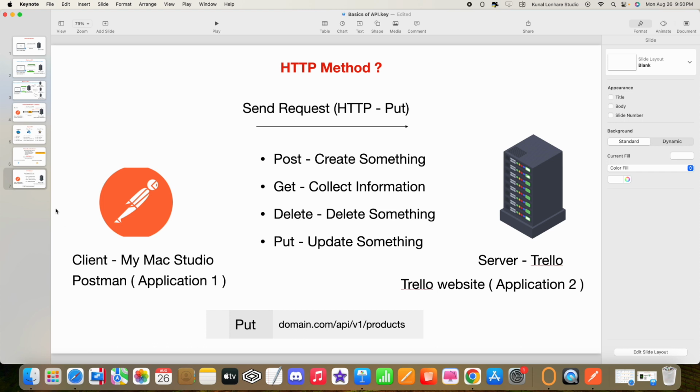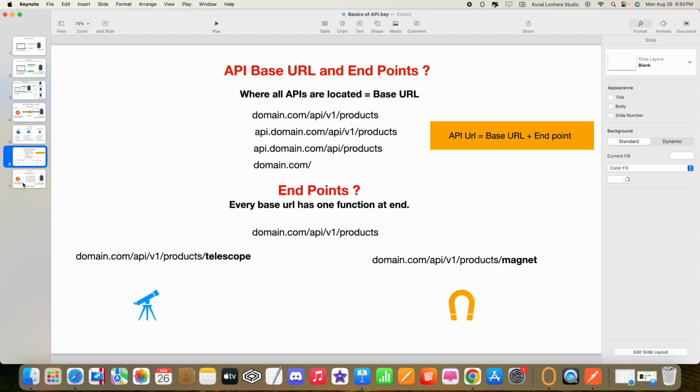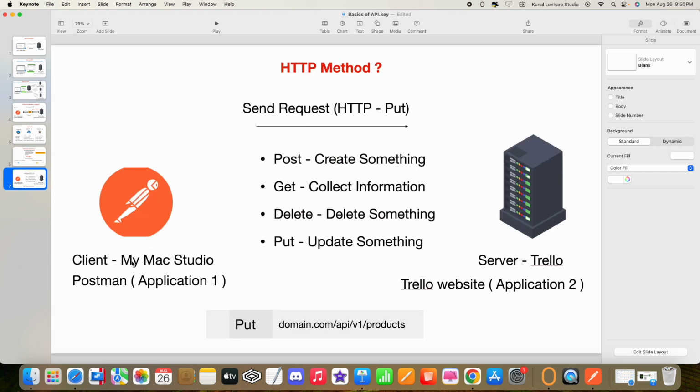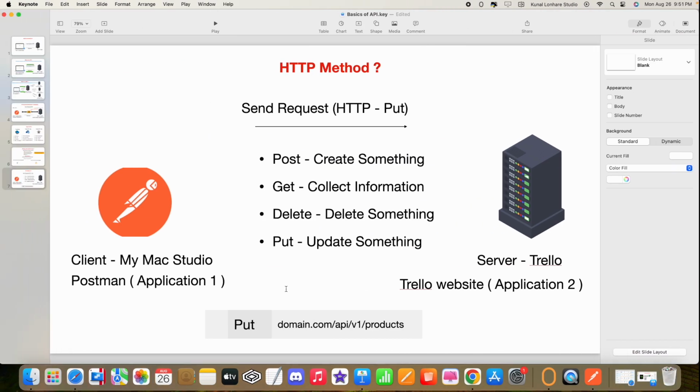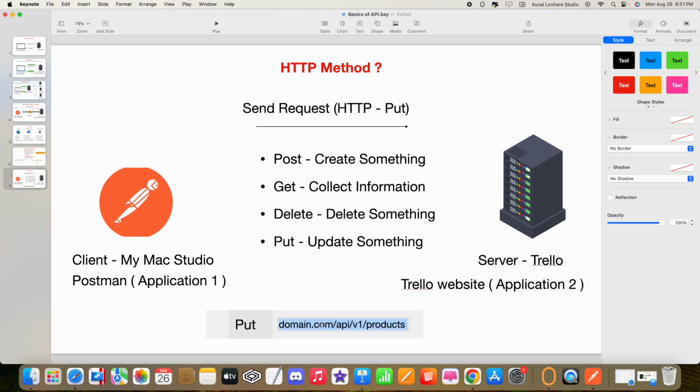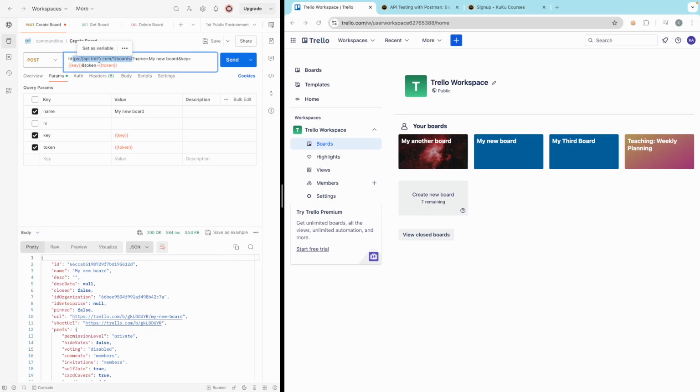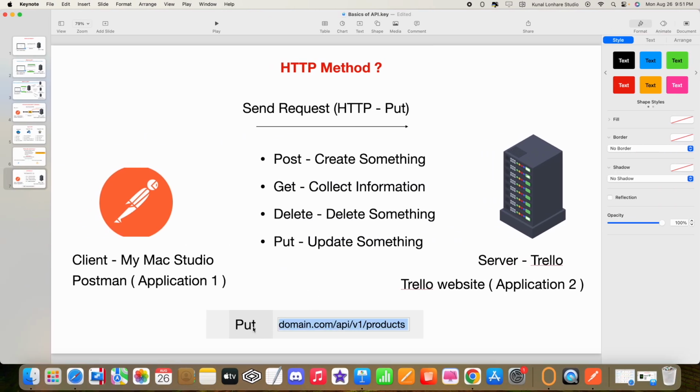As we have mentioned here in the HTTP method, whenever we send the request, I am sending the request. You can see, this is basically the base URL. As I have told you, this is how the base URL looks. For every business the base URL is different, do not worry about that. And as I have told you, in the front of this base URL there will be one